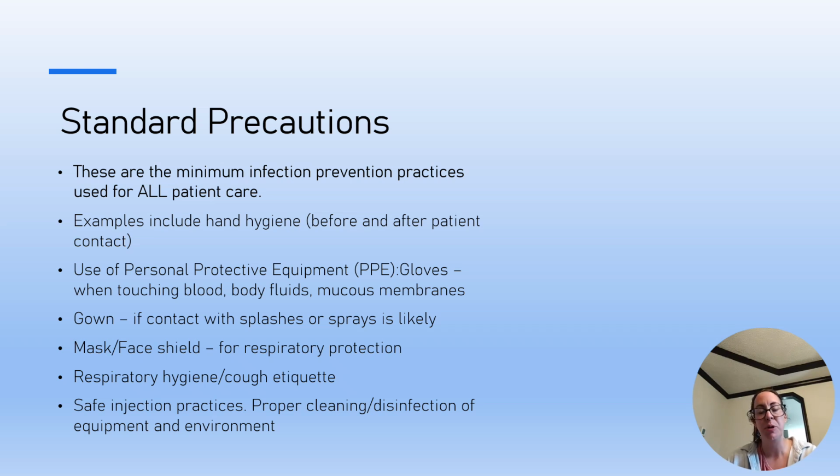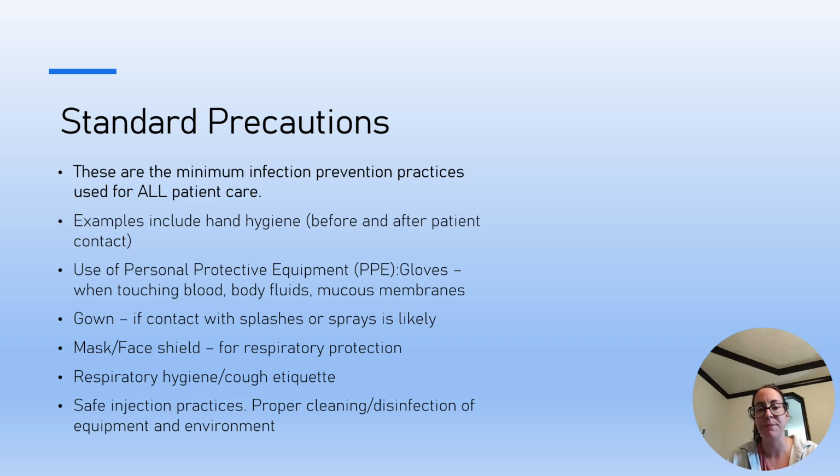Everybody gets standard precautions. Standard precautions can include hand washing, use of personal protective equipment such as gloves, touching body fluids, wearing gowns, goggles if we're going to get splashed, respiratory hygiene, covering our cough with our arm, or wearing a surgical mask. Safety injection practices, including using safety device needles. Proper cleaning of rooms, so having environmental services come in and clean or cleaning them ourselves prior to letting a